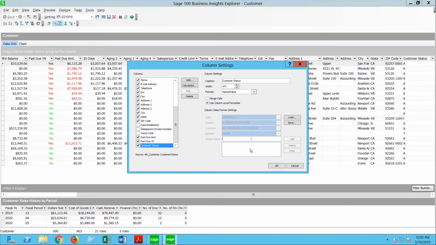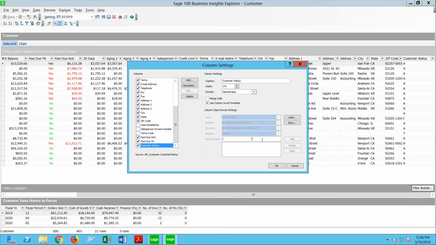And then down here, it's going to let us decide to do whatever we want to do. So in real life, the I in the database for Sage for a customer status means inactive. That's its actual definition. So if I type an I here, I can type what I want the I to be called in my screen. It doesn't have to match what Sage calls it. So I could use the word inactive,